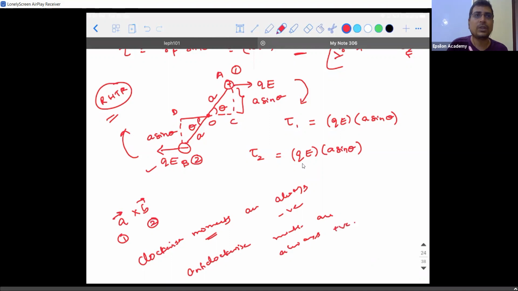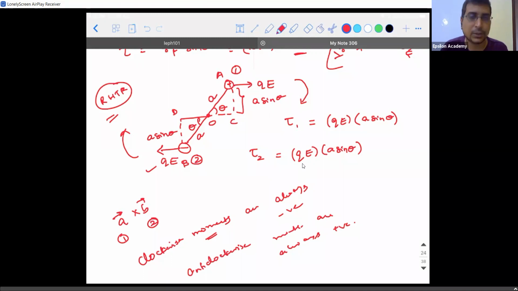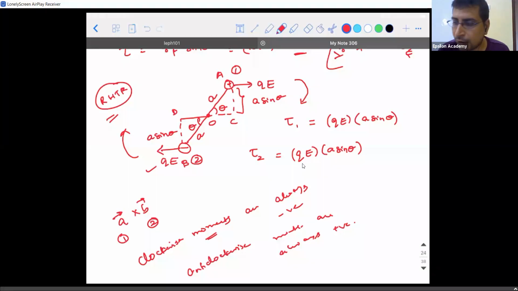If you have to open the water bottle, in which direction will you rotate? From the top, anti-clockwise. Anti-clockwise is towards you. That is why it is positive. If you want to close it, you will rotate it clockwise. That is what is called the screw rule. Every screw is designed based on that principle only.